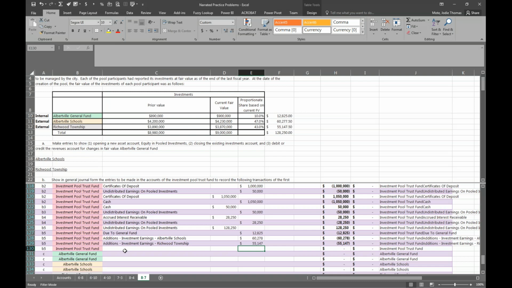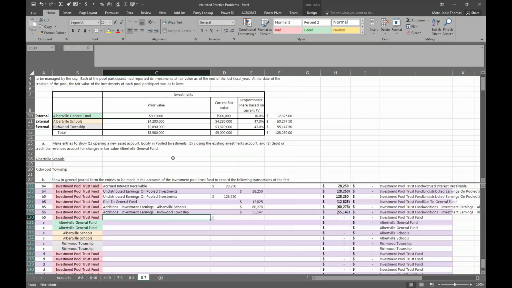Additions. I just must have had an extra line here for some reason. Oh well. Now, the next problem is going to ask us to